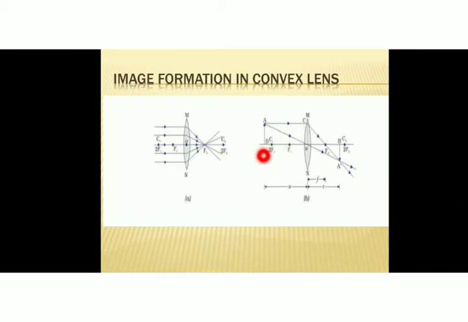Here AB is our object. And where is that object located now? Object is located beyond 2F1. So this is our second object position. When the object is beyond 2F1, where will be our image? So for that, consider two rays from this object. One ray is the parallel ray and another ray is the ray passing through optic center. So this parallel ray, after refraction, it should pass through focus as per the first rule. And this ray passing through the optic center should go without any deviation. So this is one refracted ray and this is another refracted ray.